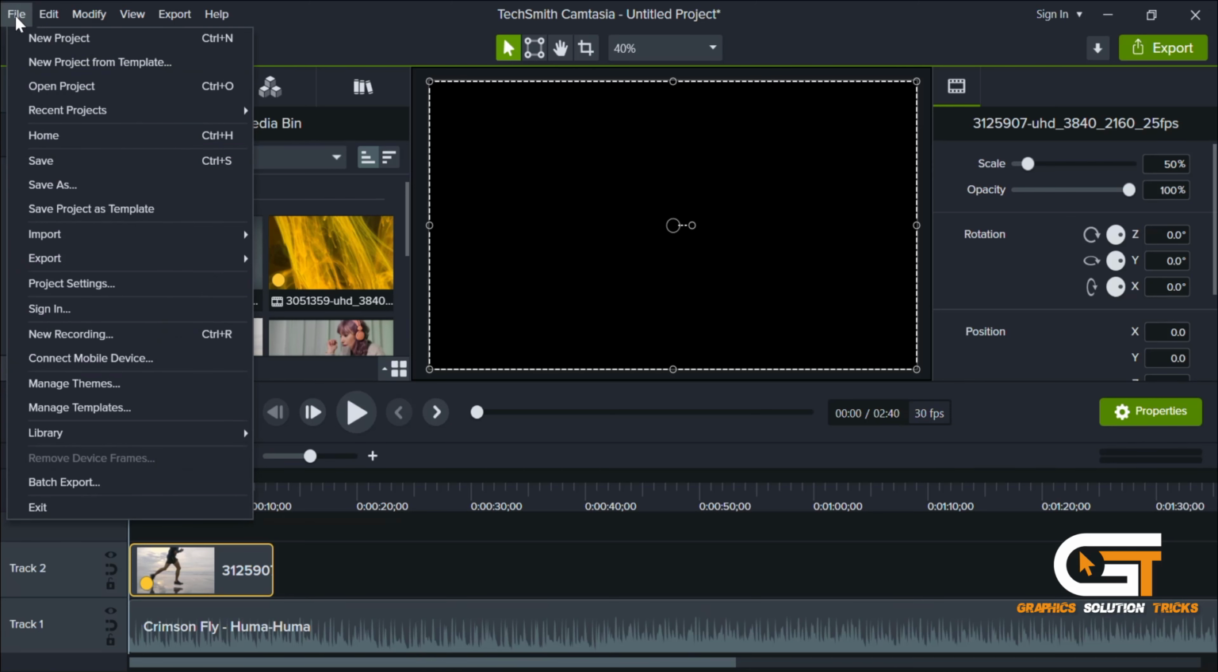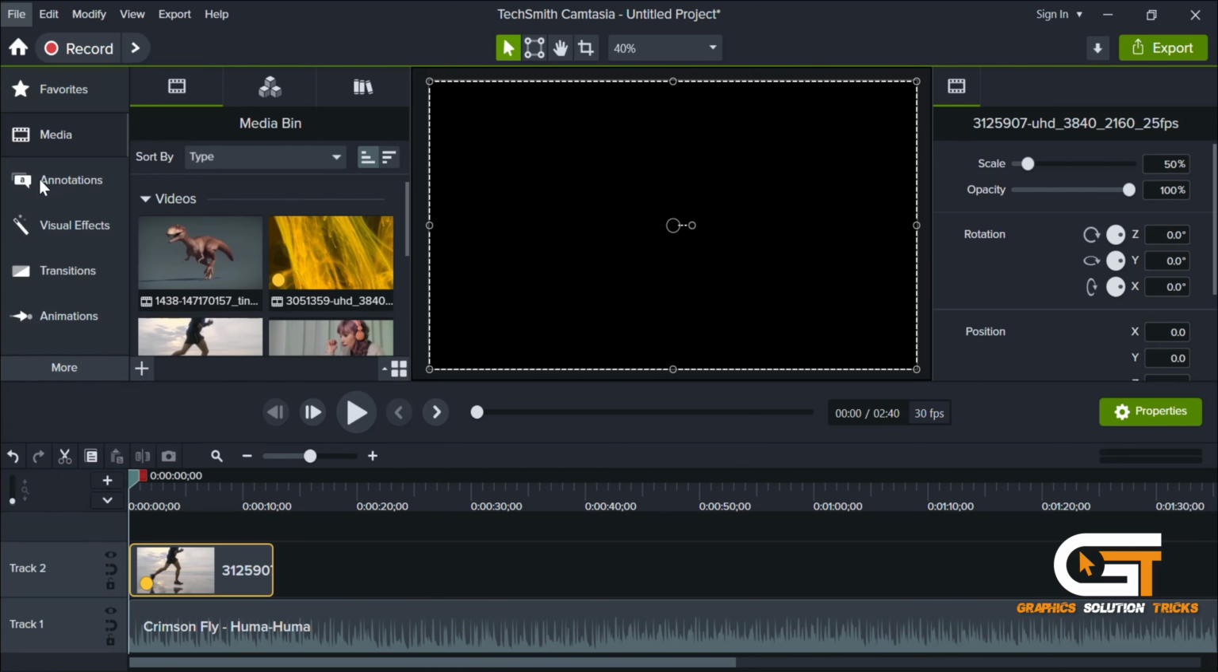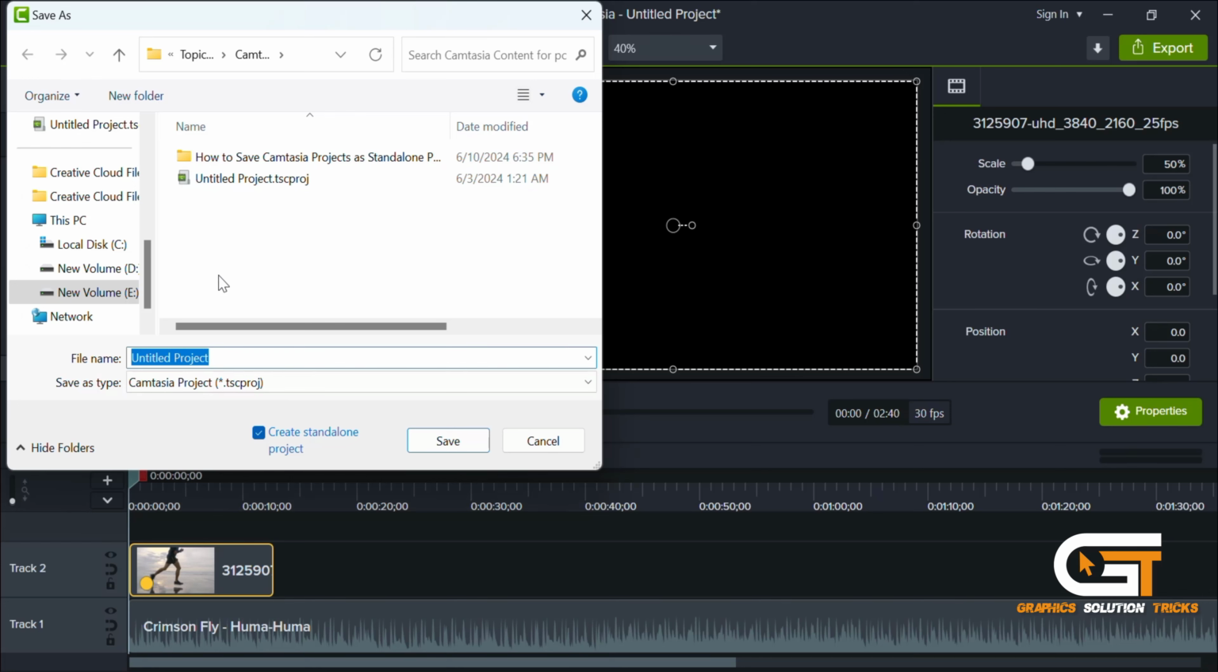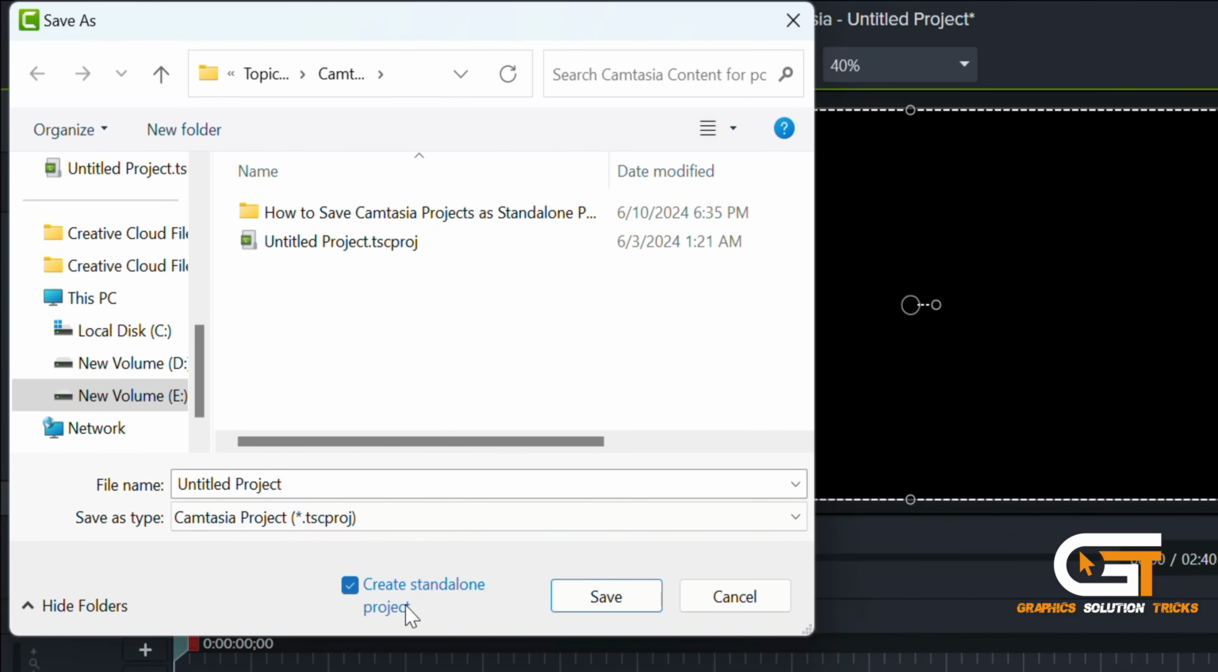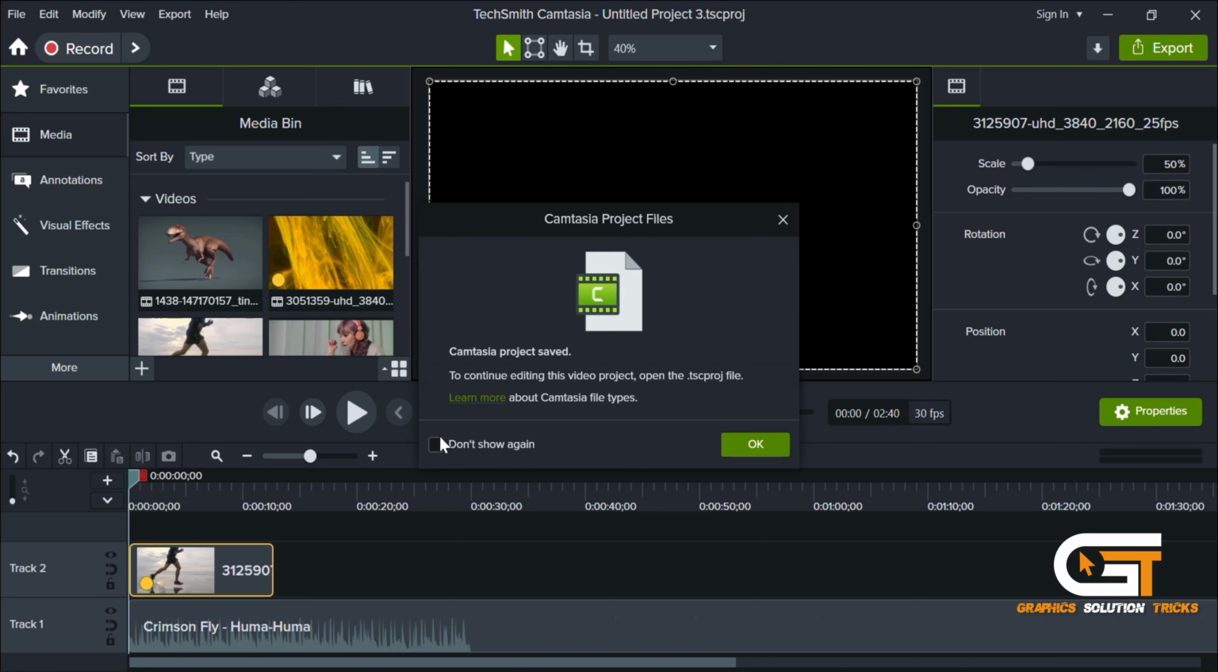Go to the file menu and select Save As. Choose a destination folder for your project. In the Save As dialog box, check the box that says Create Standalone Project. Click the Save button. When you save a standalone project, Camtasia creates a new folder with the project file and